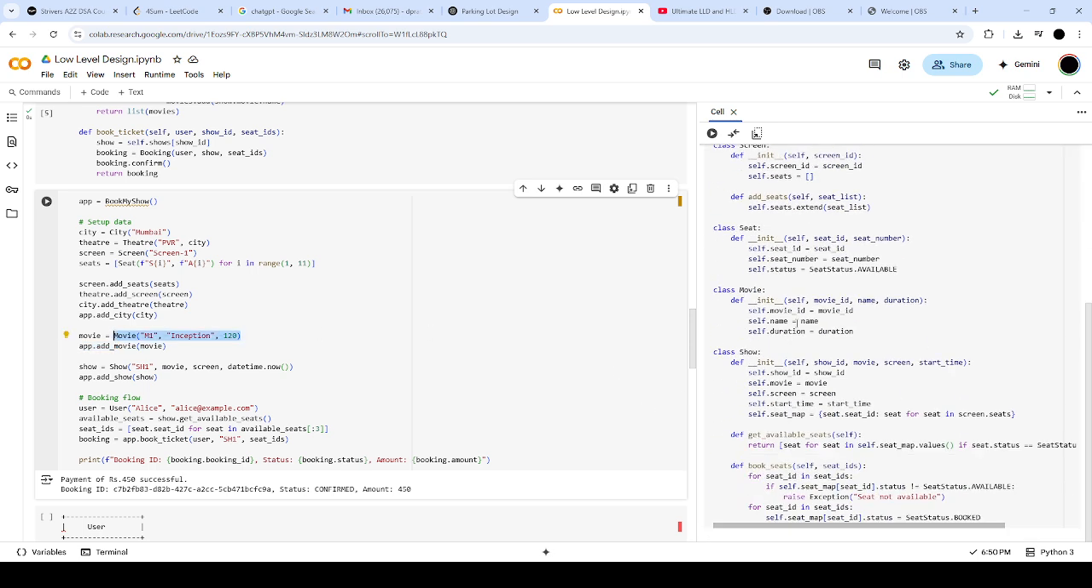This is the class for this one, movie ID. And in BookMyShow we are also adding the movies. Like this is the current movie that is listed on BookMyShow. And we also have the show definitions. Like show definition is